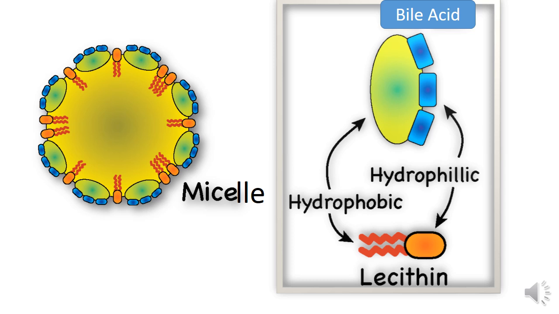And the answer is this magical micelle. This structure does the trick. It has cholesterol in the center, the yellow part in the middle, which is surrounded by phospholipids and bile acids in such a way that the lipophilic portions are in the center, while the hydrophilic portions are oriented at the periphery, so